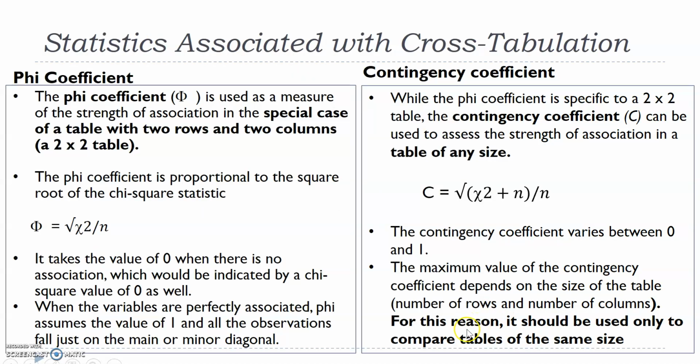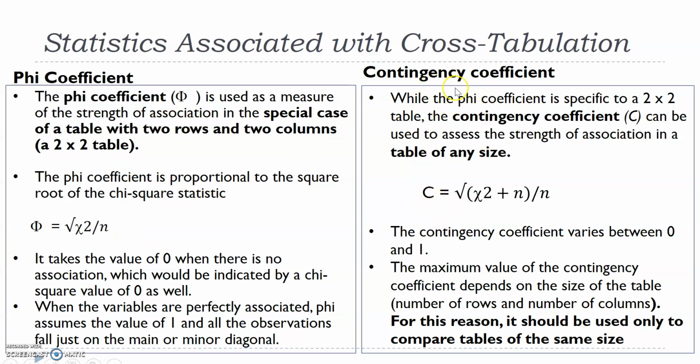So what other statistics? In case it was rejected, I could have found out the phi coefficient. Phi coefficient is nothing but the square root of chi-square, the value which I found earlier, divided by number of samples. But phi coefficient is basically for a 2 cross 2 table. In my previous case, it was a 2 cross 3 table, 2 rows and 3 columns. So I should not calculate phi coefficient for that table.